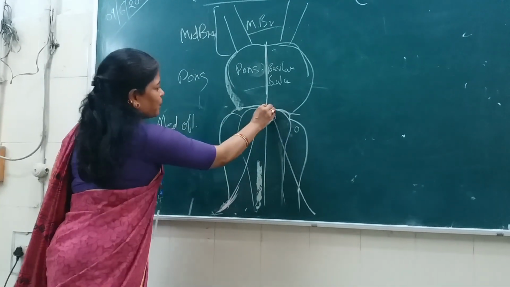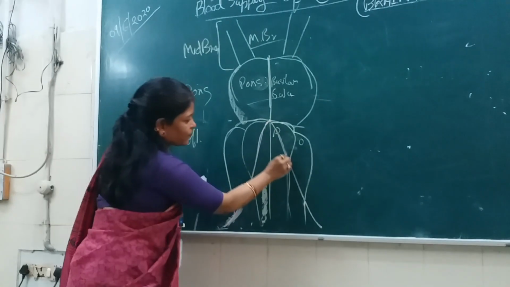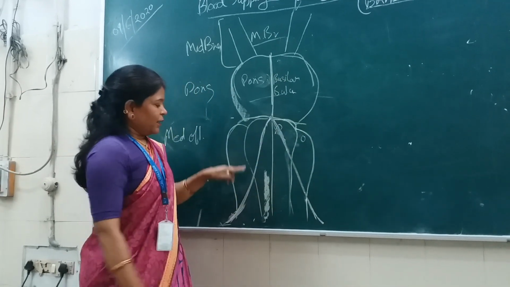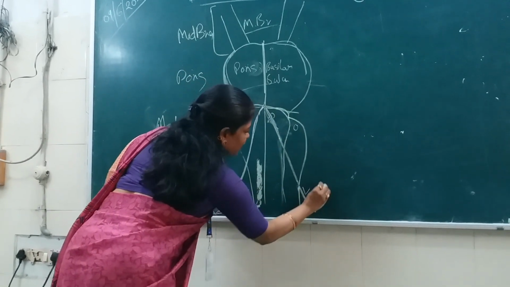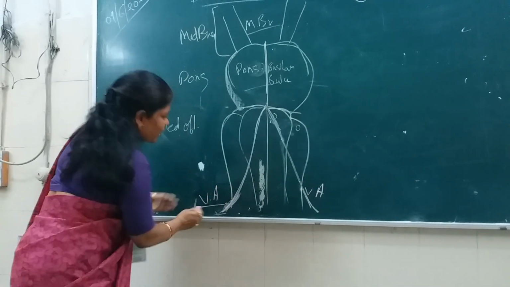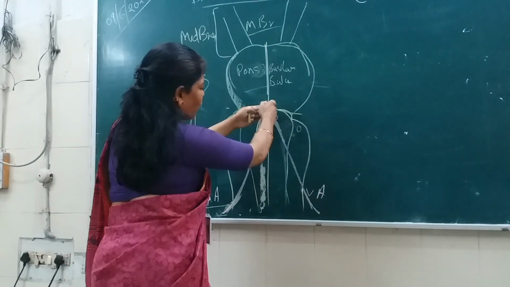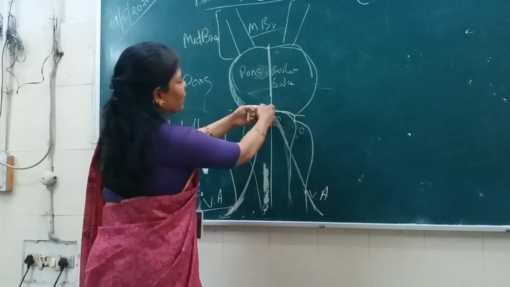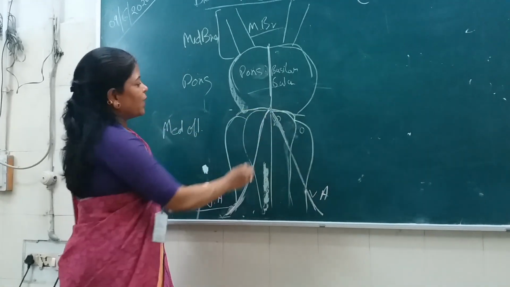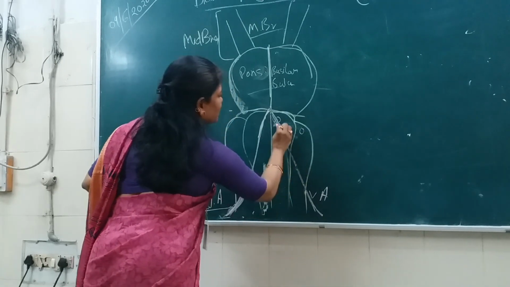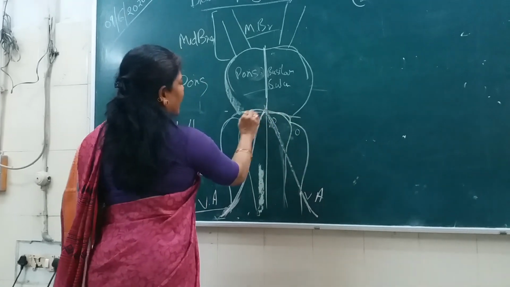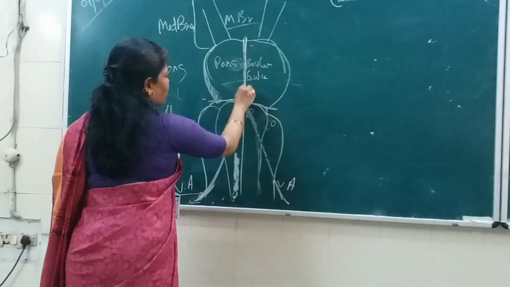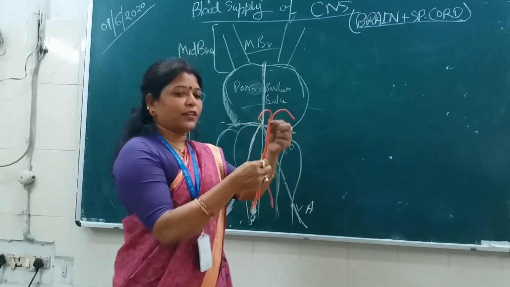Up to the base of the pons, this vertebral artery runs and forms a single trunk here. Both the vertebral arteries, both sides, run anteriorly as well as medially on the anterolateral surface of this medulla oblongata, and come into the midline at which level? The lower border of the pons, and unite here. The pair of vertebral arteries unites at the lower border of the pons and forms a single trunk. A single artery is formed here. Look here, a single artery is formed.